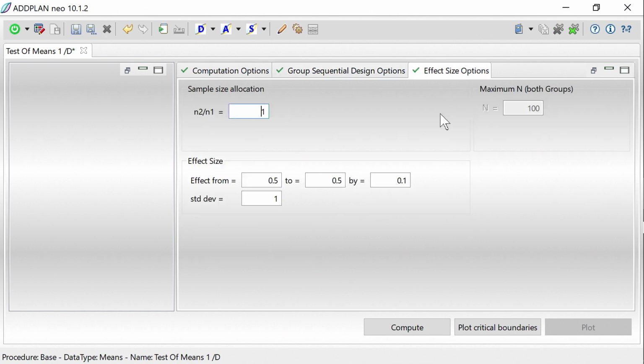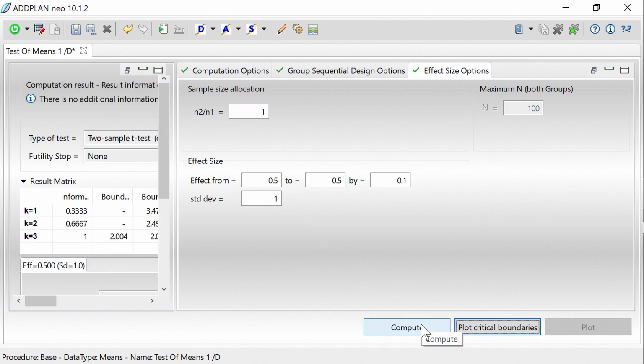Lastly, for the effect size options, we'll set our sample size allocation to 1. We're going to take a look at effect sizes from 0.5 to 0.5 with a standard deviation of 1. We're doing that because in the case study, that's what we expect our alternative treatment to be. If you have more ideas about what you think your effect size could be, you can set the range here. With everything dialed in here, I'm going to hit Compute, and you'll see on the left side of the screen,